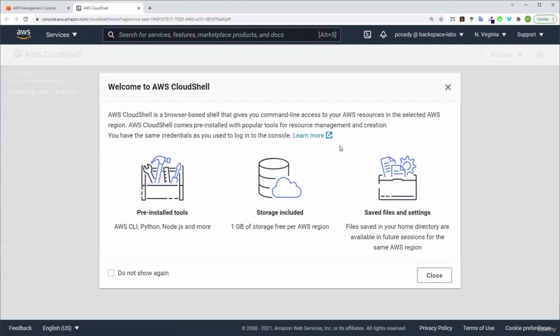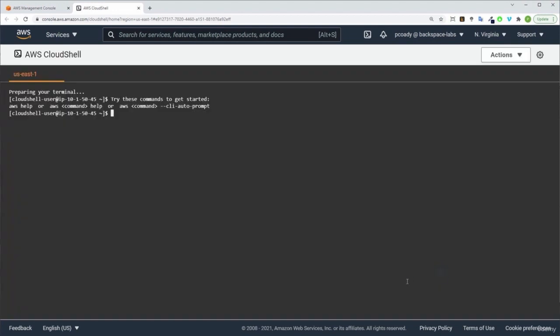Okay. So it's going to have a lot of pre-installed tools. We've got the AWS CLI. It's also got Python and Node.js installed on there as well. Okay, we'll just click on Do Not Show That Again and close. Now, if we want to send any commands using the AWS command line interface,